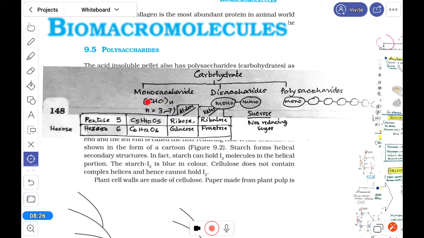So here is the common formula, C H2O whole n. Here, if you put n as 6, then that will be the hexose sugar, which is glucose in aldose form, and in ketose form fructose,